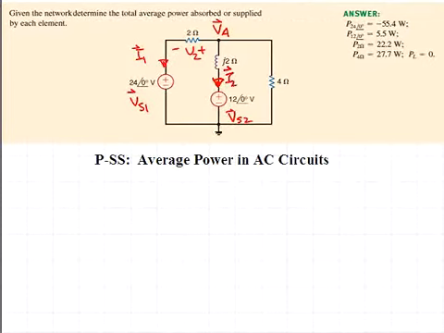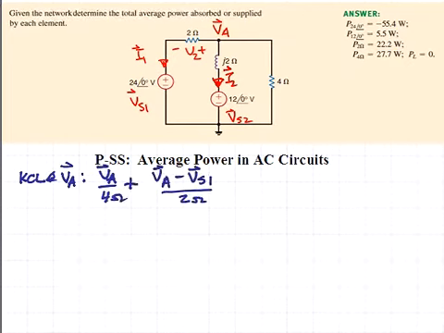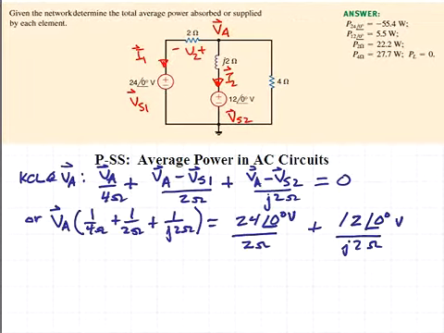To begin the problem, we'll do a KCL summation of currents at the node V sub A. So we'll have VA divided by 4 ohms plus VA minus VS1 divided by 2 ohms plus VA minus VS2 divided by j2 ohms, and those 3 currents sum to 0. This equation can be rearranged in the form. So now we have the left-hand side of the equation in V sub A, and the right-hand side are the